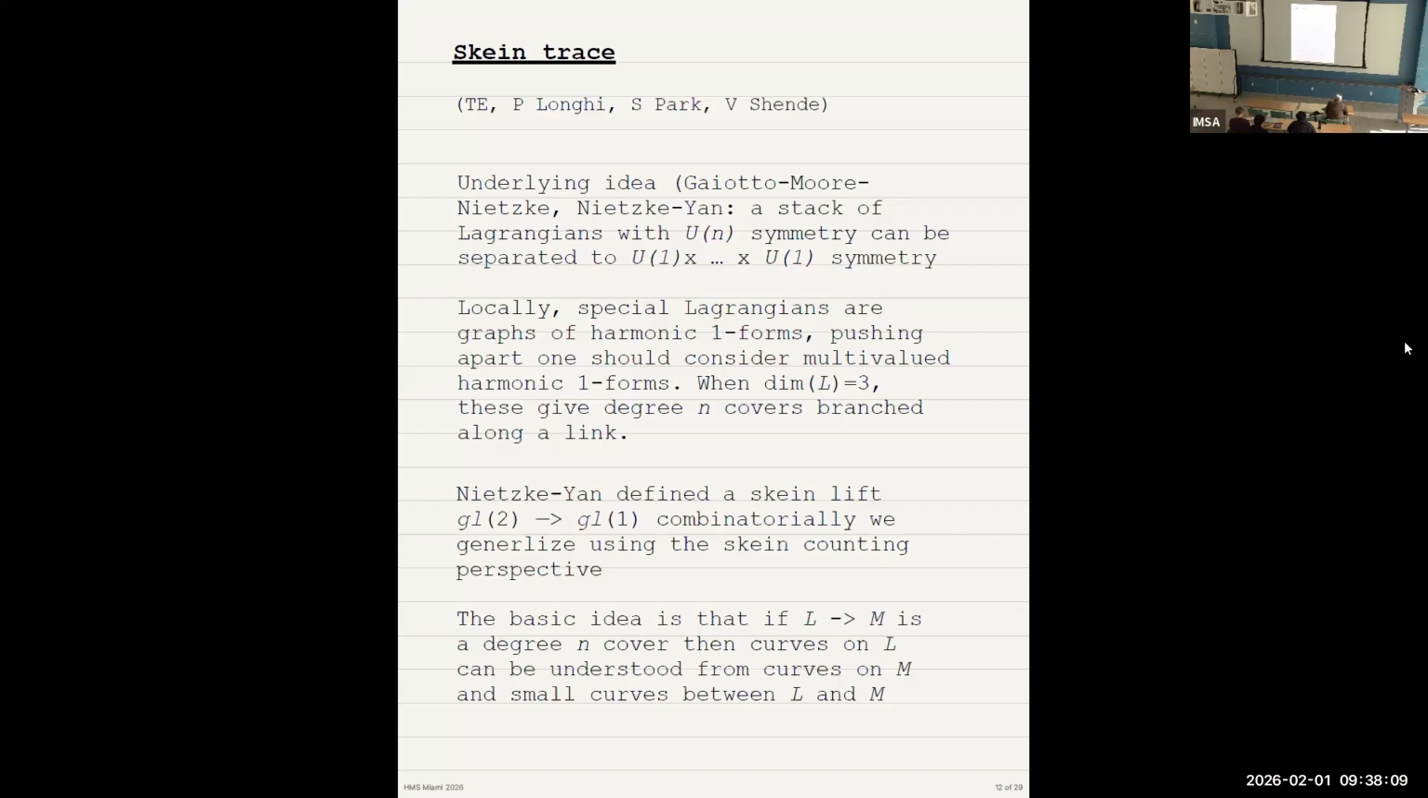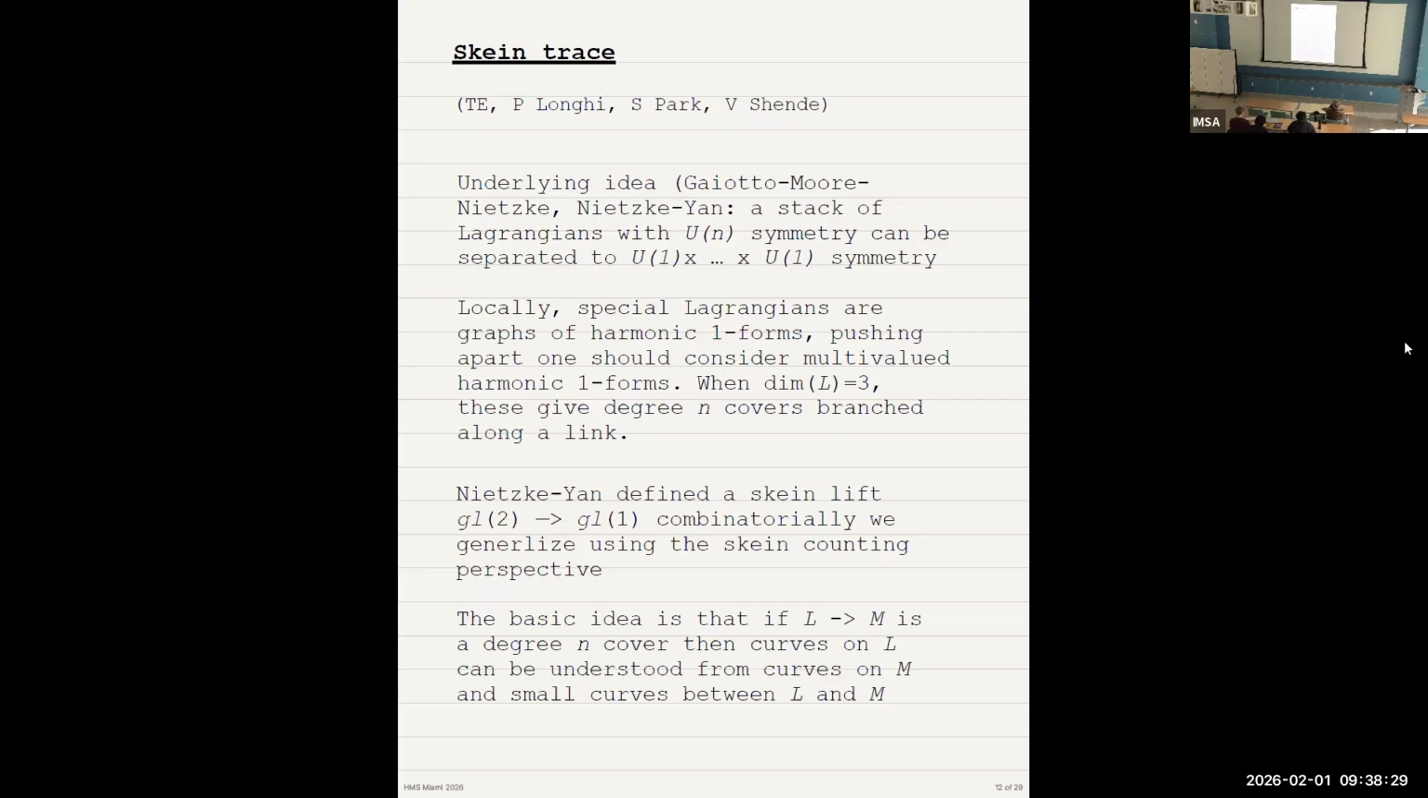This was studied combinatorially by Ekholm, Jan, and also Gaiotto, Moore, Neitzke, who started this business. And so we are going to now approach this theme using this Skein counting, and the very elementary idea is